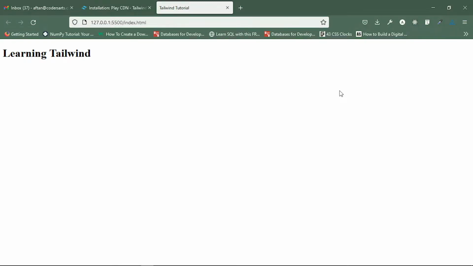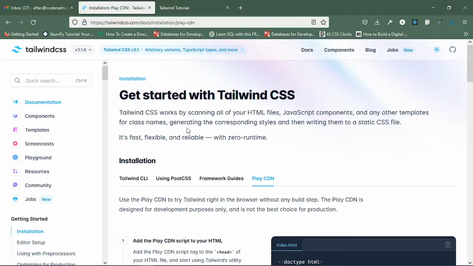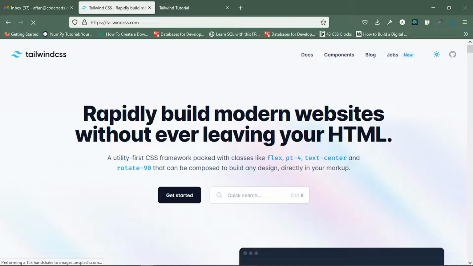So hello everyone, in this video we'll be understanding how we can actually set up Tailwind CSS and start using their classes. For that, we need to go to their official doc, and there you can go inside the installation. Let me just go to the home page again. Here you'll see this when you type tailwindcss.com. Here you can go to their docs,